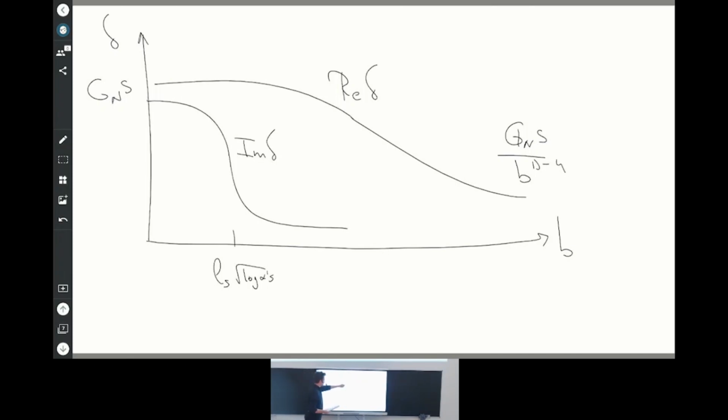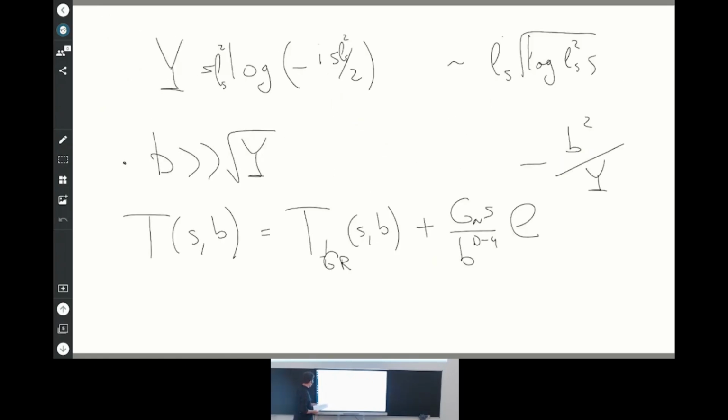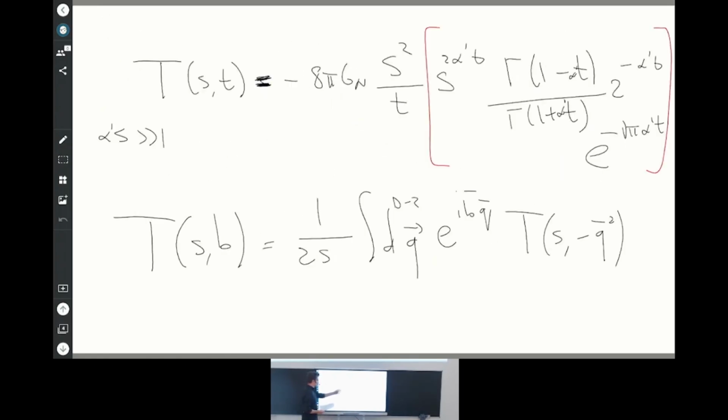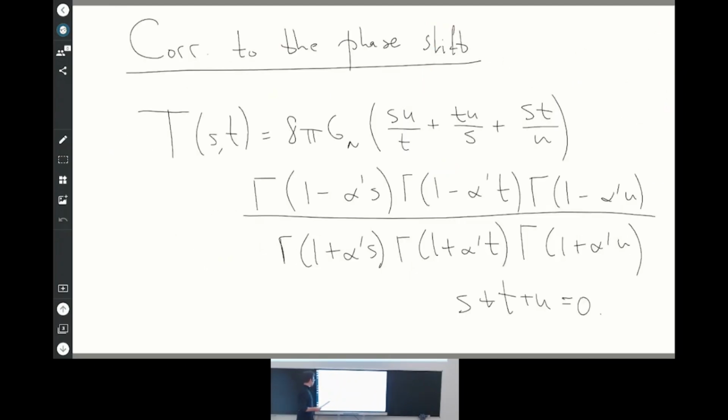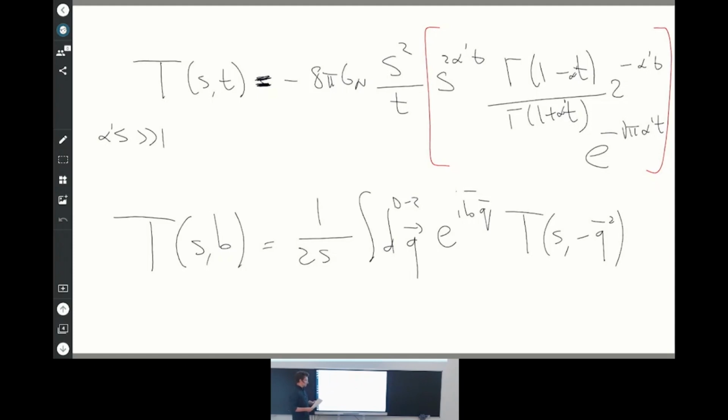You look at just the phase shift, the stringy phase shift, which is given by the Fourier transform of this Regge amplitude. So there are corrections which are suppressed. Here we take the correction to the Regge limit, so they're 1 over S suppressed. What I did is I took the full formula, took the Regge limit, and Fourier transformed. This was done. And after you Fourier transform,